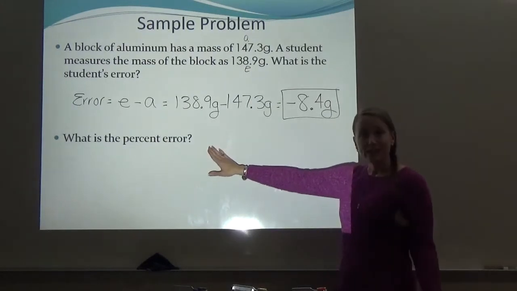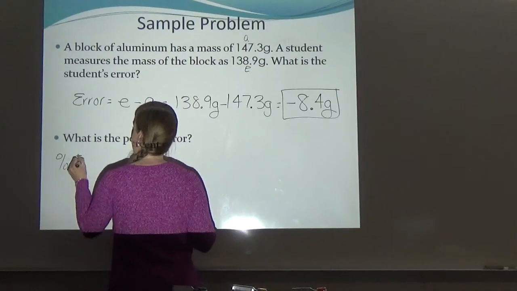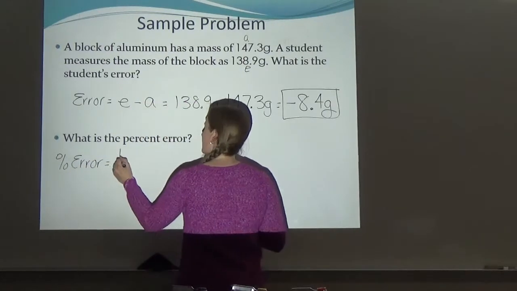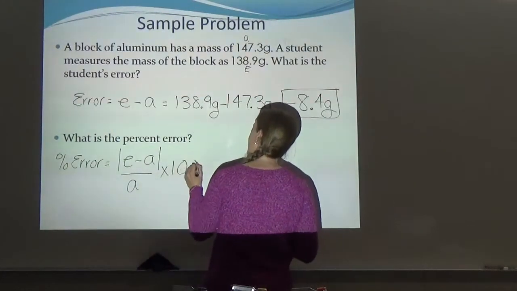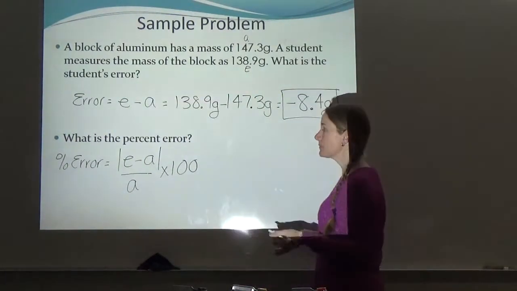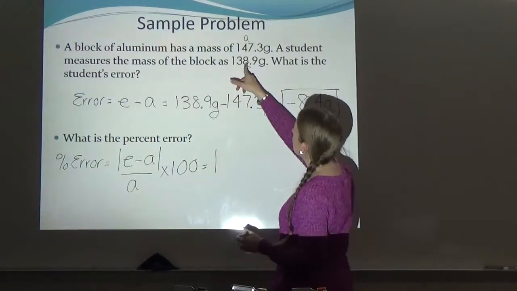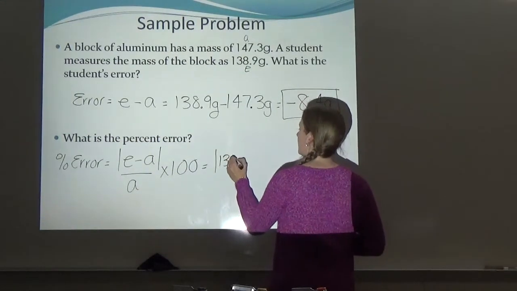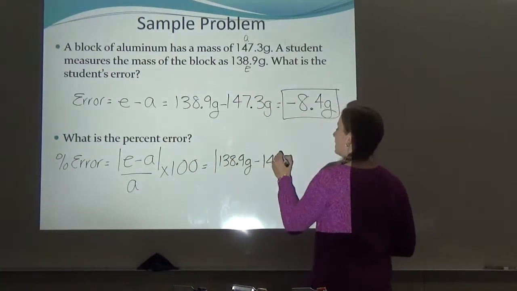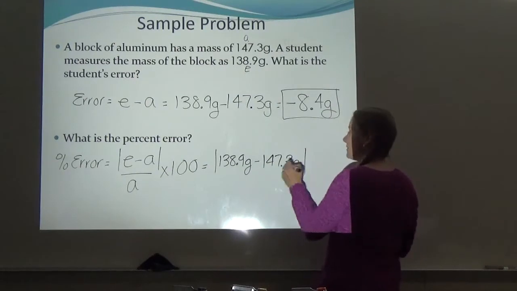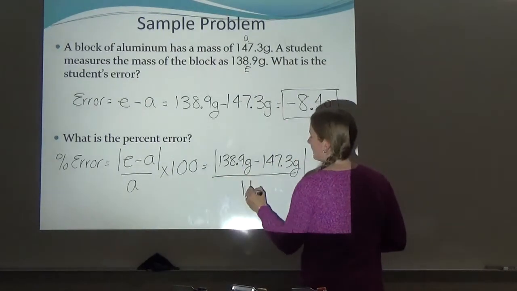Then it says, what is the percent error? So remember, percent error is the absolute value of E minus A over A times 100, where E is my experimental and A is my accepted or actual. So then I just plug my numbers in. E is 138.9 grams minus my A, which is 147.3 grams, absolute value for that, divided by A, which is my 147.3